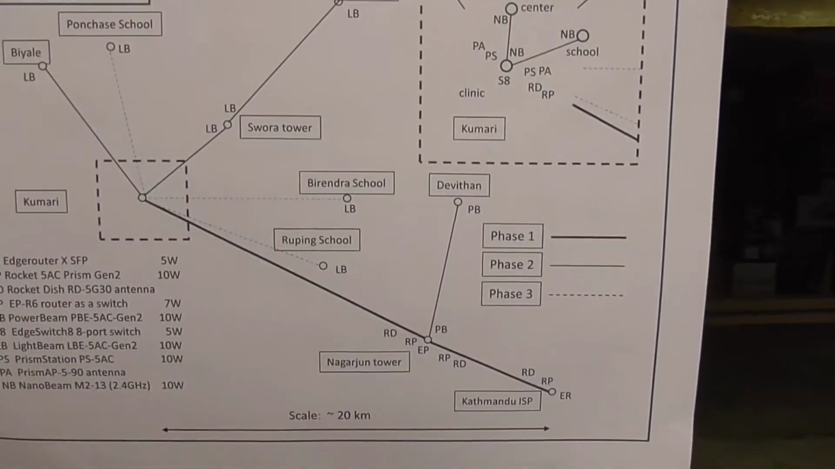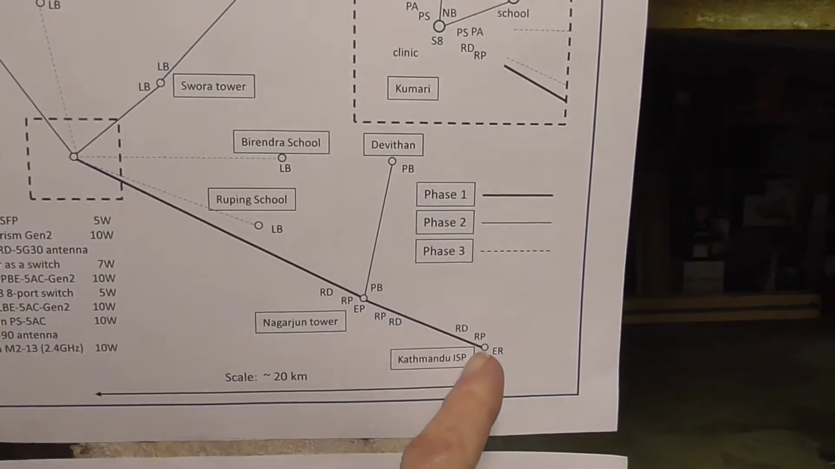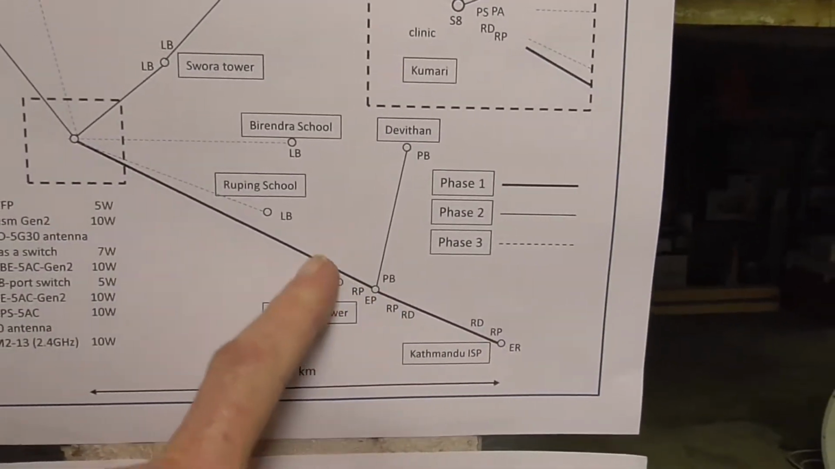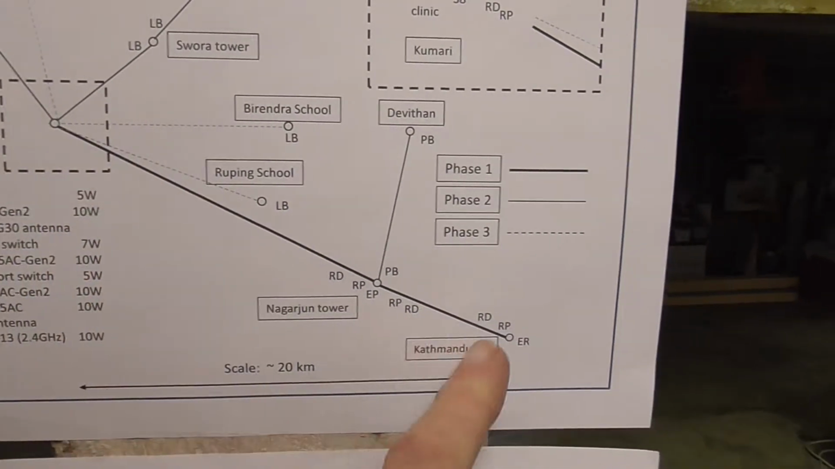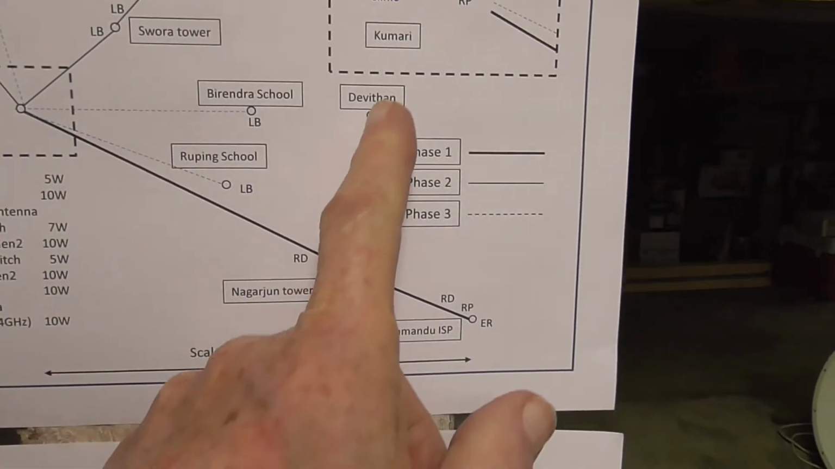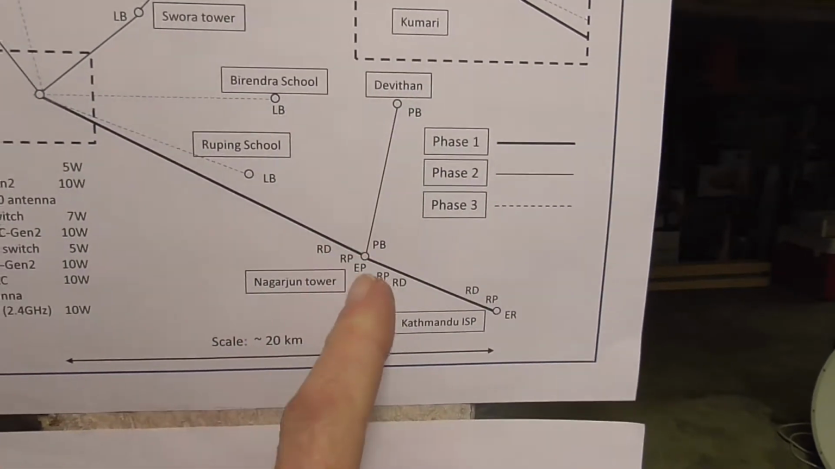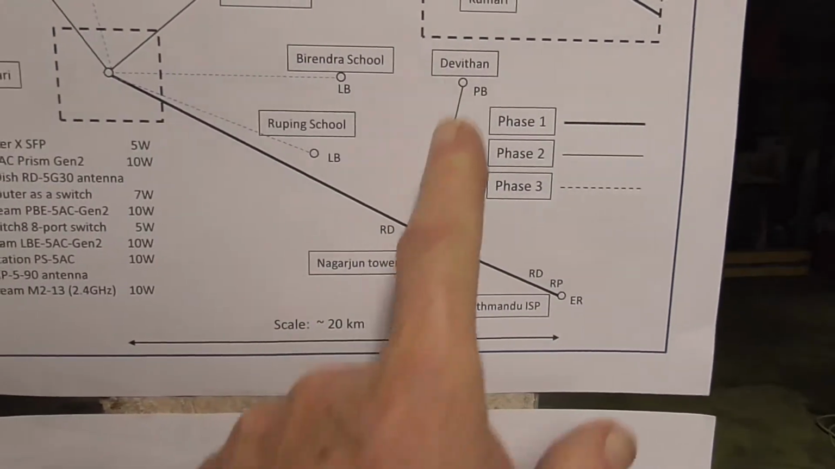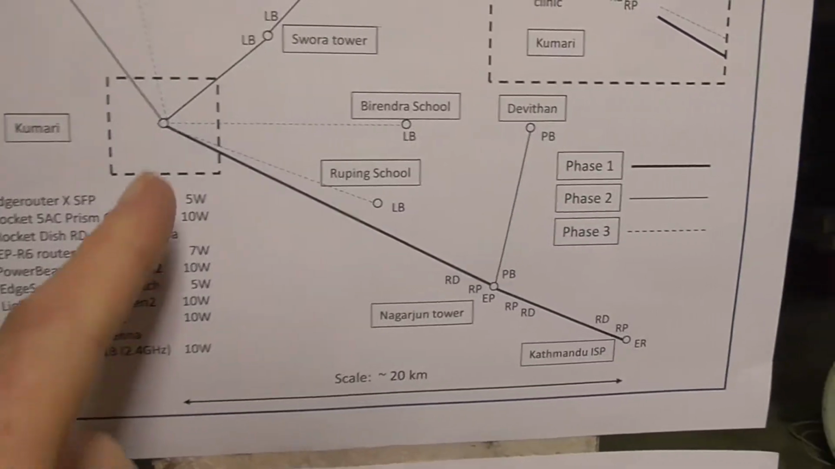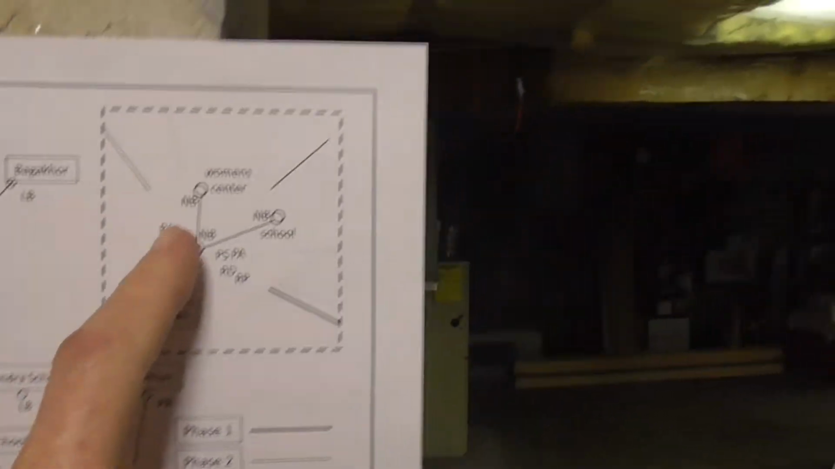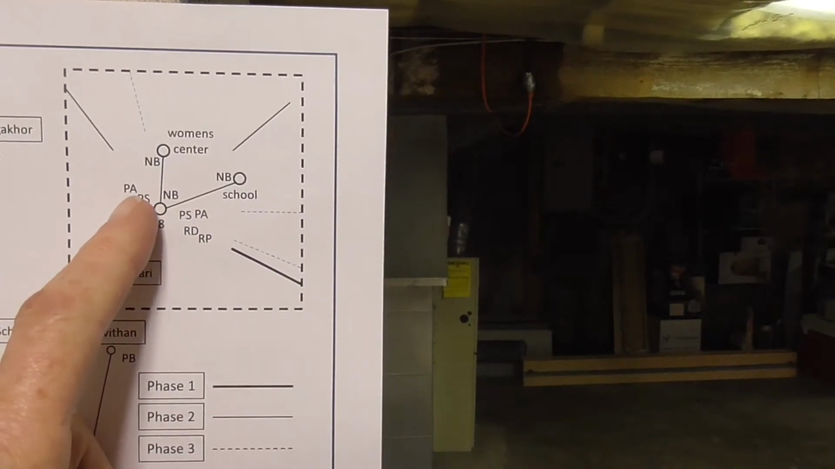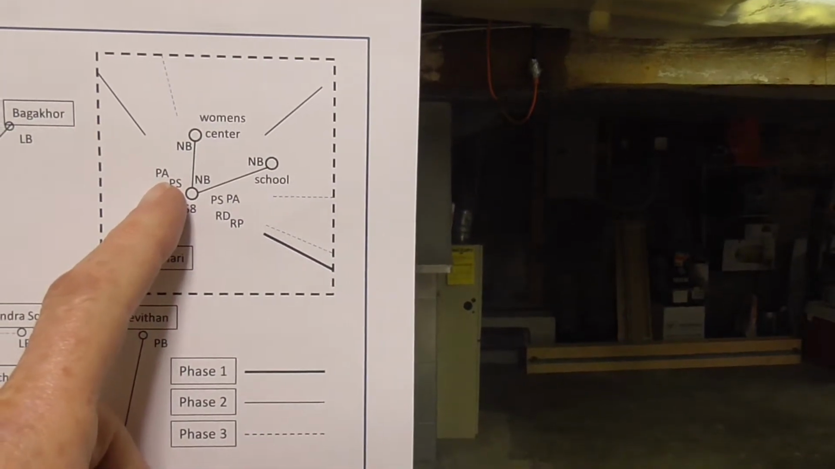Here's the details of it. There's Kathmandu. This is the backhaul to Kamari. We use Rocket Prism dishes along here, or we will. One of the remote villages that we want to reach is over here, Devithan, and we've got a Rocket Prism link over there. In Kamari village, we have got a pair of Prism stations with 90-degree sector antennas on them,